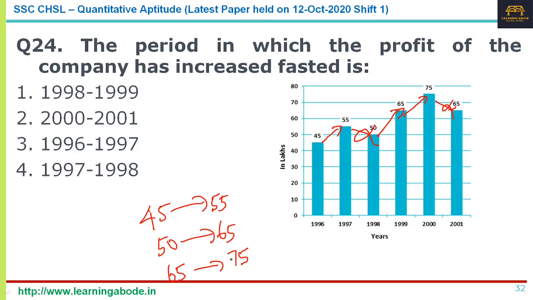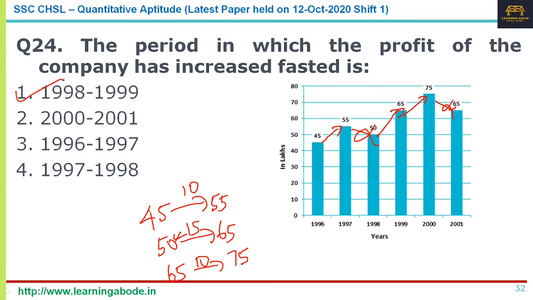Okay, so again you have to remember the other data interpretation question about 6 teachers. I said the base has to be less, the denominator has to be minimum, and the numerator has to be maximum, right? So among the three, here the difference is 10, here the difference is 10, here the difference is 15. So 15 by 50, this will be the maximum. So 50 becoming 65, that's the maximum. So the answer is option 98, 99.